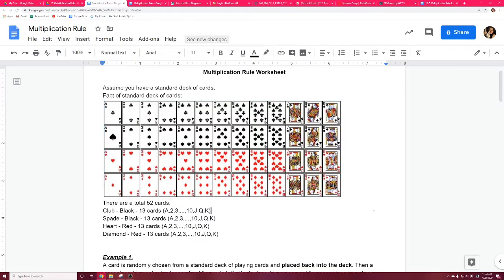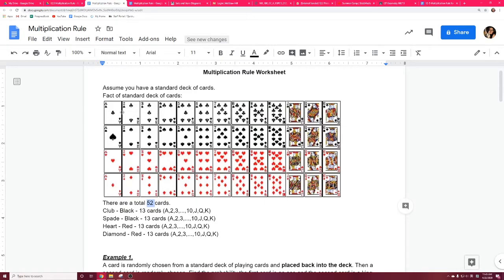So first of all, I want to talk about what a standard deck of cards is. In a lot of probability problems, you will see, okay, draw a card from a standard deck of cards. What does that mean? A standard deck of cards is just like the poker deck we play with in real life, but without the two special cards. In a standard deck of cards, there are totally 52 cards, and they have four suits: club, spade, heart, and